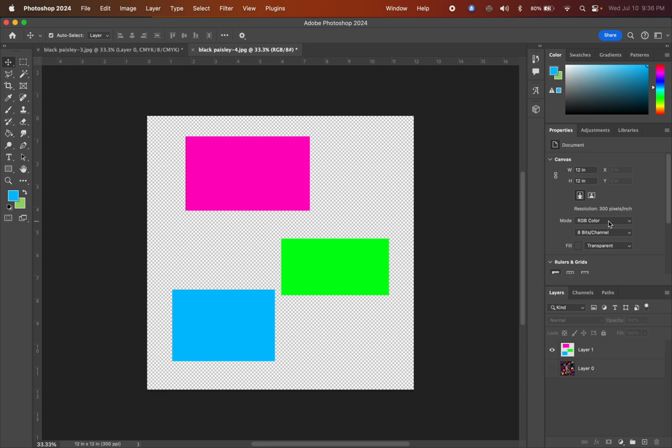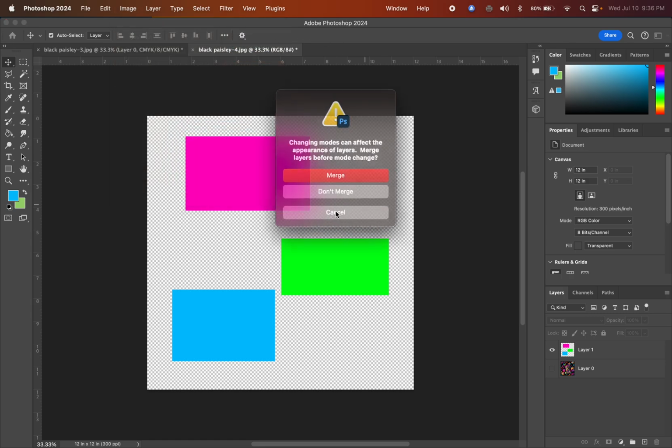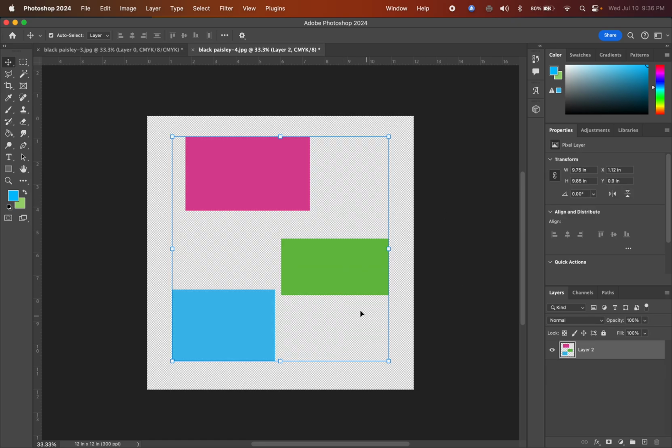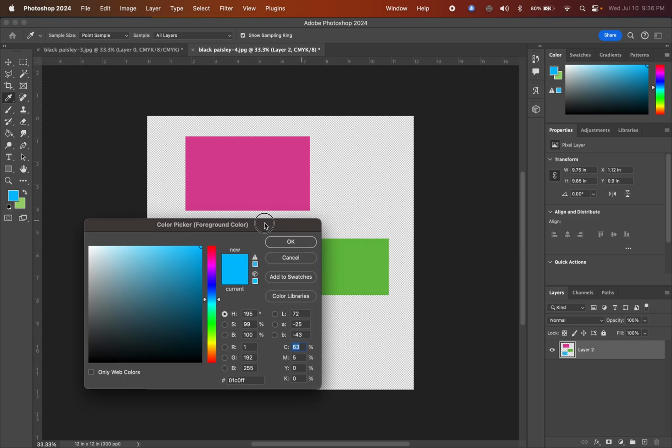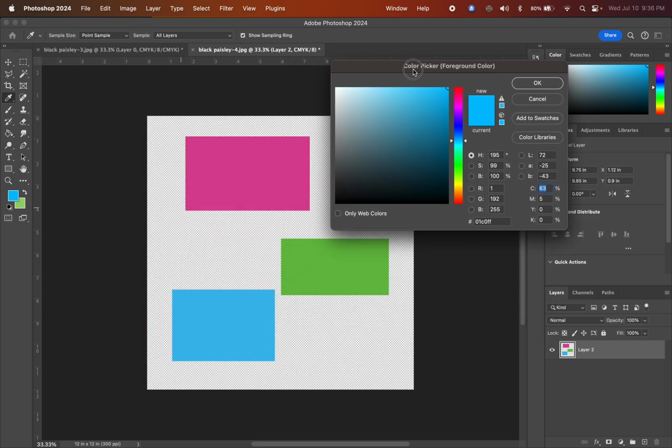So you can, over here in mode, or up here in image for mode for Photoshop. I want this to be working in CMYK. Just go ahead and merge all that, which means my paisley one. Now see, you can see right there that my colors, especially the pink and the green, are severely noticeable. And so I want to know which of these colors I can use and actually get a good translation in